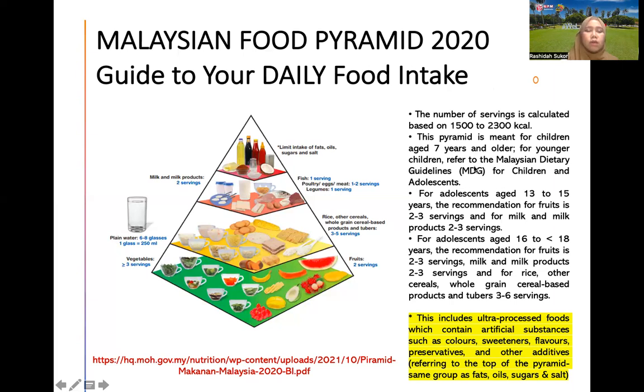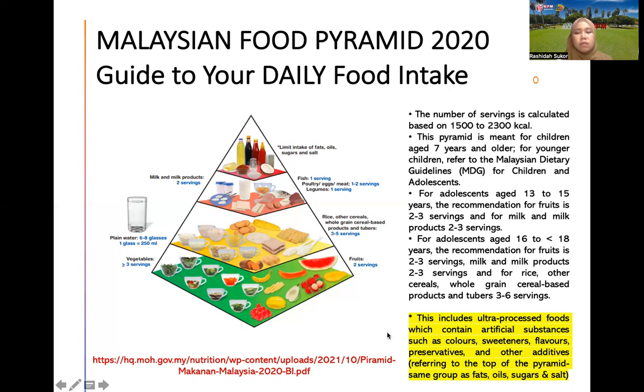Actually, if you go to the website of this MOH under nutrition division, they have so many different guidelines. You have to see which group of population you are referring to. Adolescents aged 13 to 15 years, recommendation for fruits is 2 to 3 servings, and milk and milk products are about 2 to 3 servings. For adolescents about 16 to 18 years, recommendation for fruit is 2 to 3 servings. Milk and milk products 2 to 3 servings, and for rice, other cereals, whole grain, cereal-based products, and tubers about